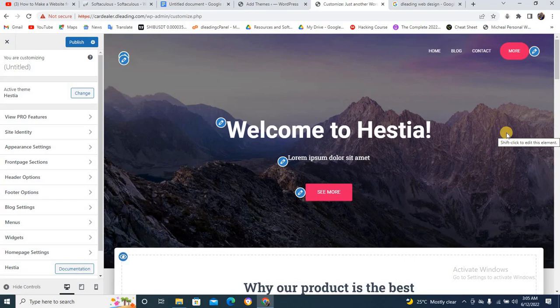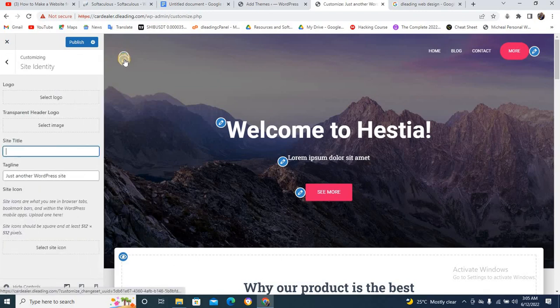Now, the first thing I want to do is to change this background. If you like, okay, let me just start from the logo. Let me change my logo first. So let's start from logo. If you want to change your logo, all you need to do is just to click on this pencil. Can you see this pencil? Now, transparent header. Okay, let me just click on my logo,